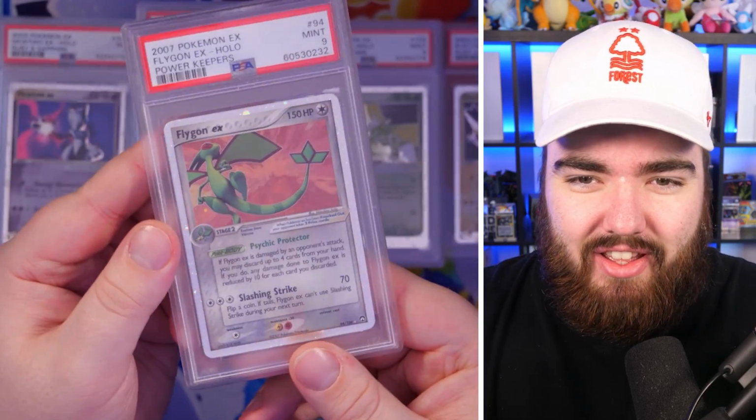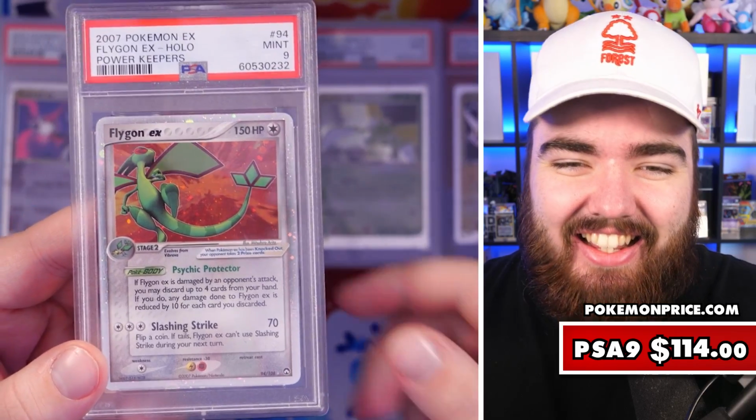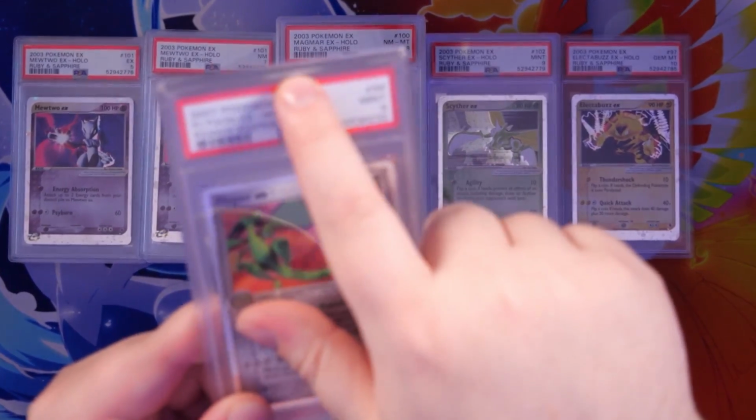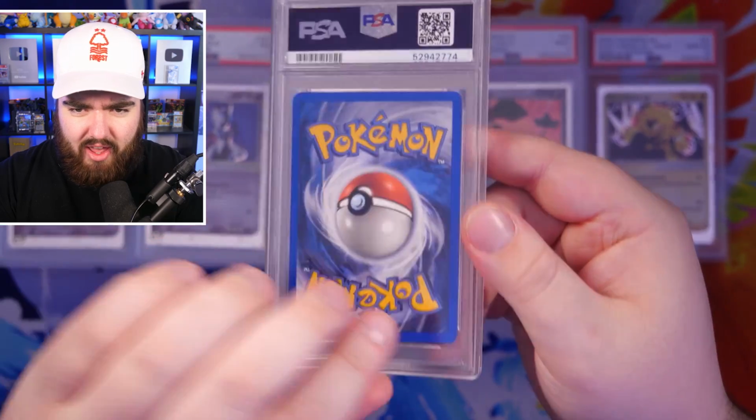We have a Flygon EX from Power Keepers in the 9. So I got 2 of these. Let's go. Very nice. And look at this, guys. It's just weld marks. This is what happens when you ultrasonically weld a slab. As we found, that's what happens. Next up, we have...